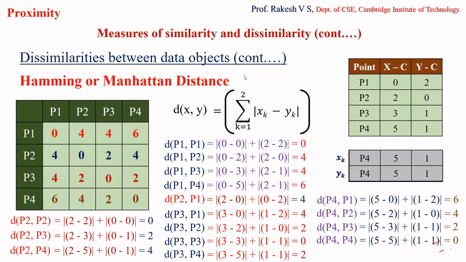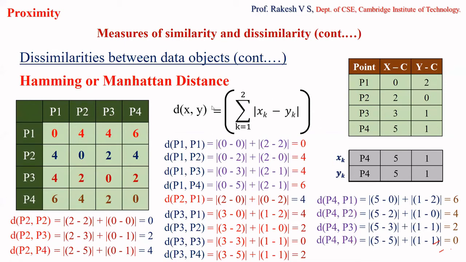So now we have found the Manhattan distance, or Hamming distance, between each point. This table that we have got here is what we call the distance matrix. Students, hope you have understood this. How to find it is very easy, Manhattan distance, right? The only thing you have to keep in mind is taking xk and yk values. Don't get confused with the x coordinate and y coordinate. Here xk and yk indicate that x is an attribute and y is an attribute. When I say k, it ranges from 1 to 2 here because I am having only 2 attributes.